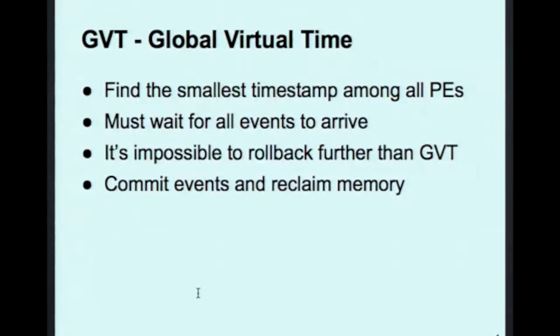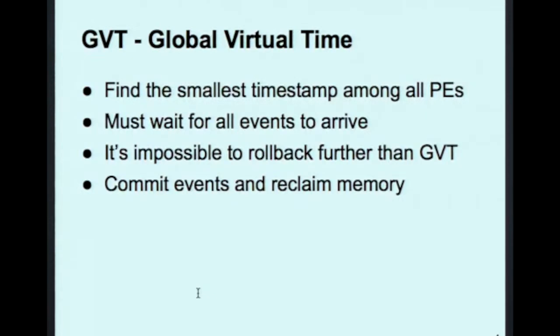So the GVT is the global virtual time. It's one of the key processes involved in both optimistic and conservative simulations. Essentially, it involves finding the smallest timestamp in the entire system. So essentially, what is the earliest event that we are aware of? Because we need to take every event into account, we need to wait for all of the events to arrive at their destination PEs, which involves a little extra synchronization. And then once we have that, we can find the minimum time, do a reduction, and make everyone aware of